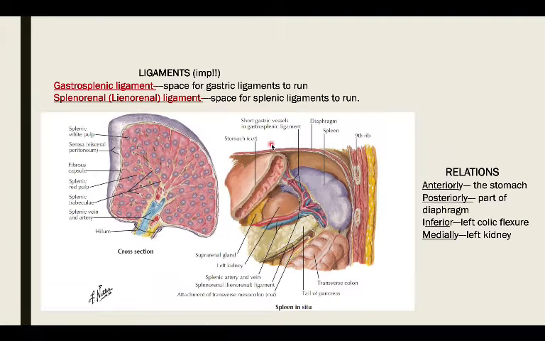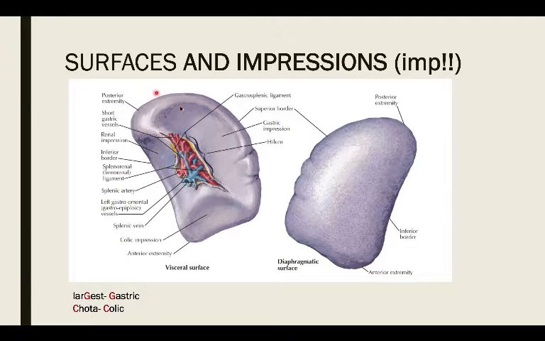So you can see that stomach here, it's cut, but imagine it's right here. It's passing down, anterior to the spleen, and its border is pressing against it and forming an impression. You can see the stomach is anterior to the spleen. So the stomach passes anterior to the spleen, and the border is pressing against it, forming an impression, which right here you can see is the largest. The largest impression right here is the gastric impression. Remember that the largest has a G in it, and gastric impression has a G in it. So you can remember it this way as well, that the largest impression right here is the gastric impression.